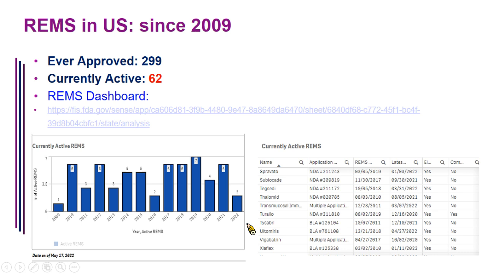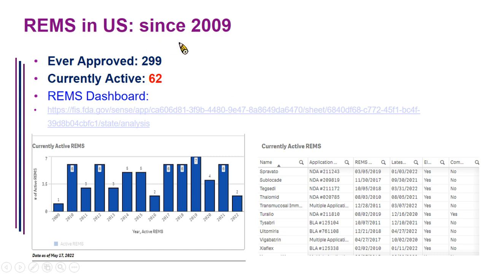Okay, so here's the link I provided that you can access to see the official status in terms of the number of medications having REMS programs in the US. So here's the REMS dashboard, as I accessed it today,